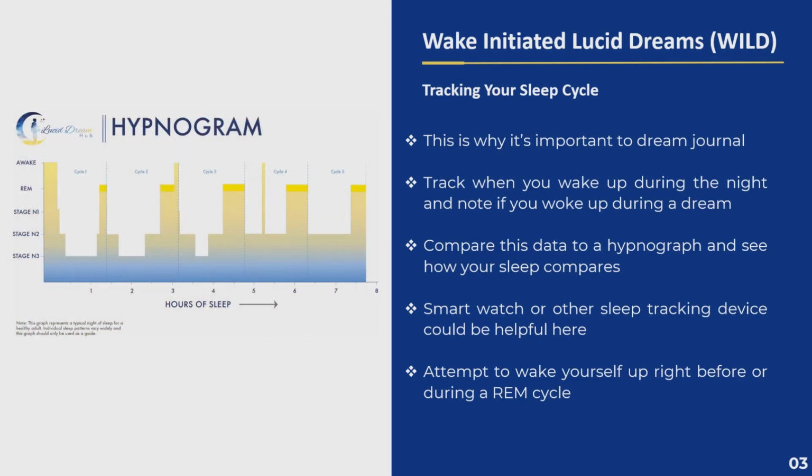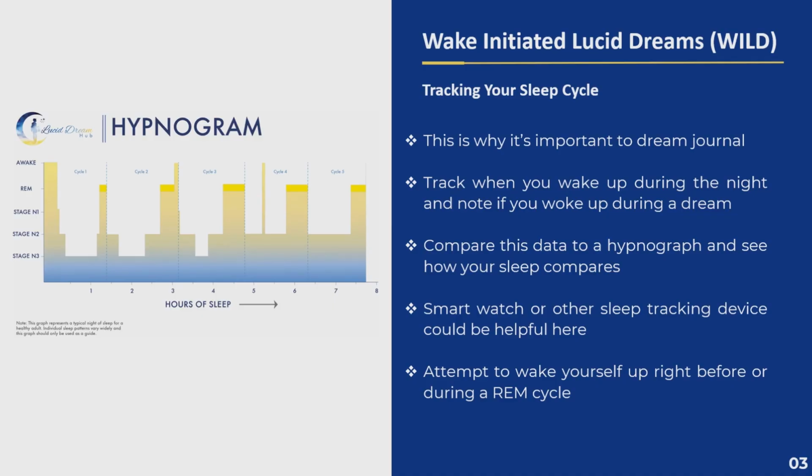You can also use auto-suggestion to wake you up after each dream, using an affirmation like, "I will wake up after each dream," or "I will wake up after my dreams." Assume these wake times are just after a REM period and track them on a hypnogram, like the one provided with this course. Just note that the provided hypnogram is used for demonstrative purposes and your actual sleep cycle could look much different. This exercise should give you a good enough idea of what times to target when experimenting with WILD.